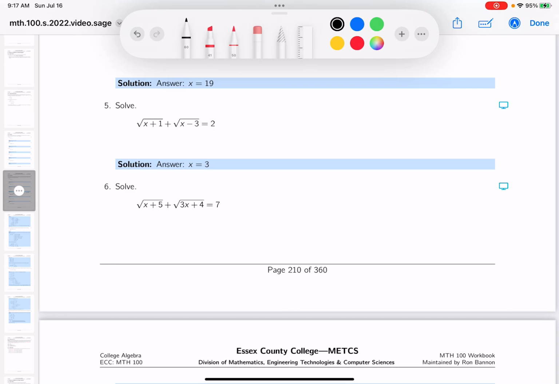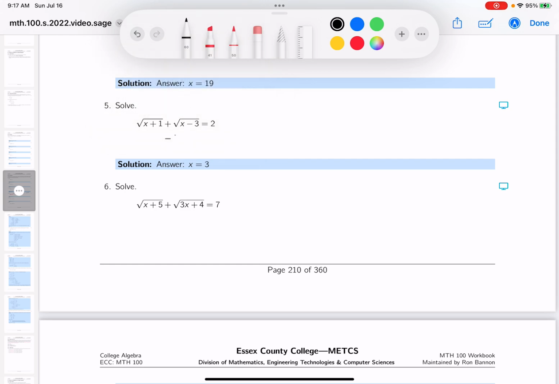Okay, number 5 presents a problem, and you need to isolate a radical. There's 2 radicals. Now, I'm not isolating 2 radicals, I'm isolating a radical. Which one you want to isolate, it's entirely up to you. The way I'm going to do this over here is I'm going to isolate the first radical, which is x